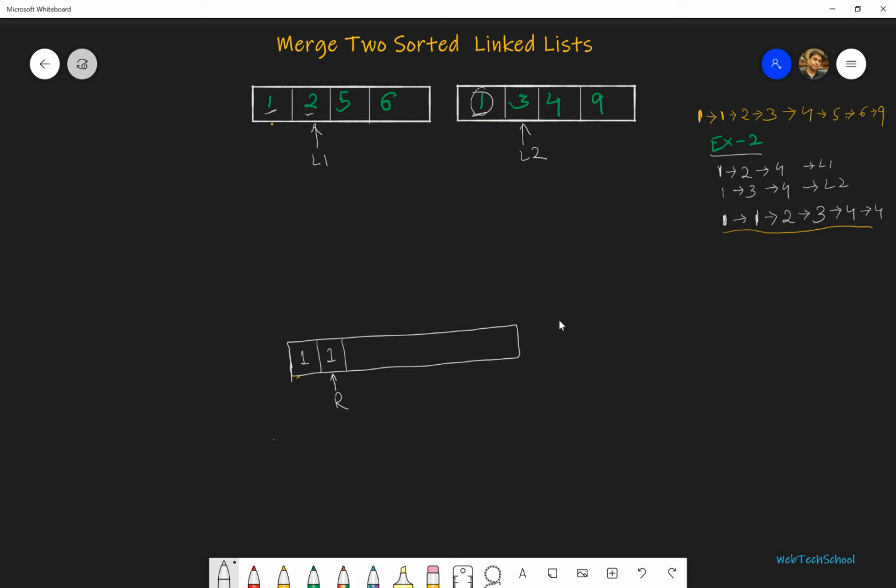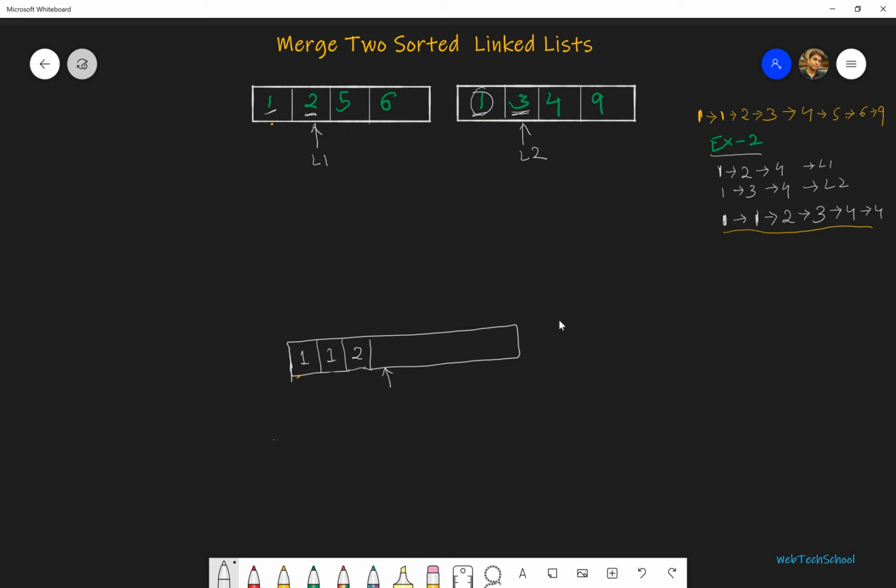Now we'll again check between L1 dot value and L2 dot value, which one is smaller? L1 is smaller. Then let's push L1 to the result list. We updated this reference in the previous step itself, so this pointer will now point to its next.